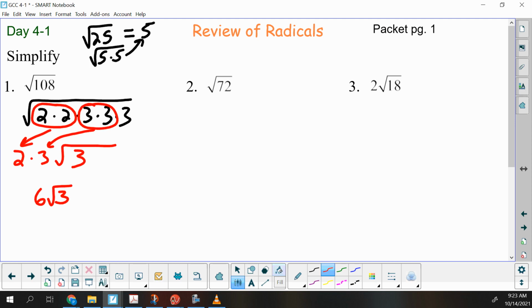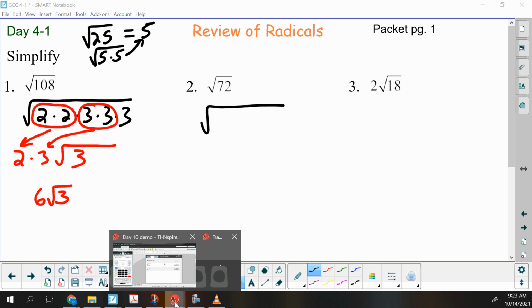So that's how we simplify a radical. We do menu, number, factor for the value underneath. And then we circle our pairs. One from each pair goes out front. And then any leftover things stay inside. So for the next one,